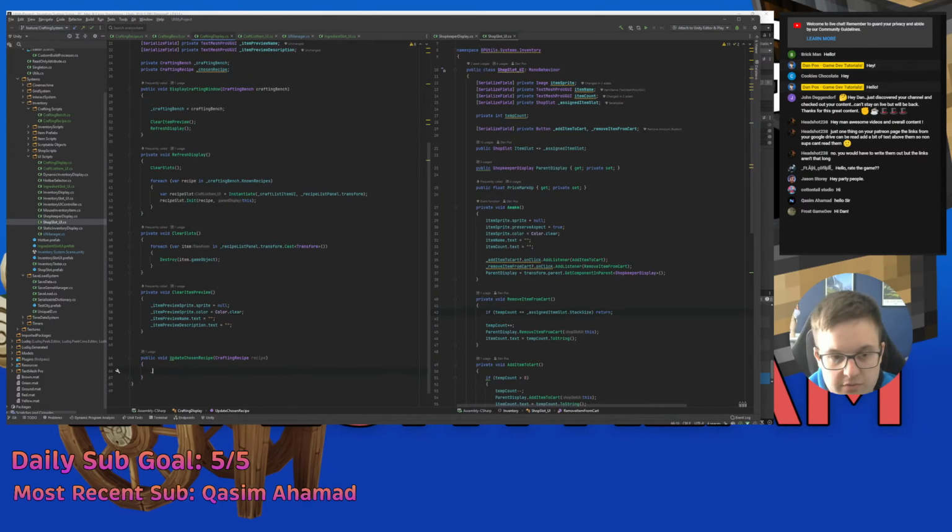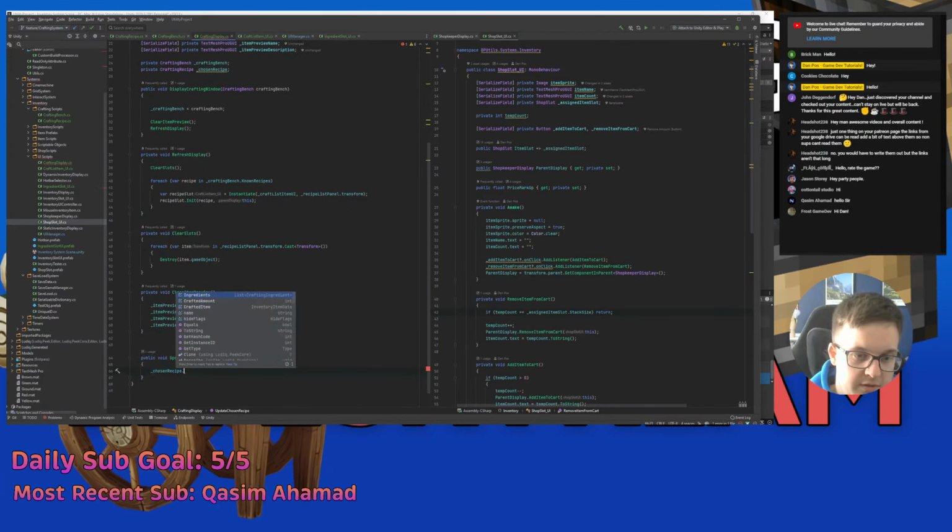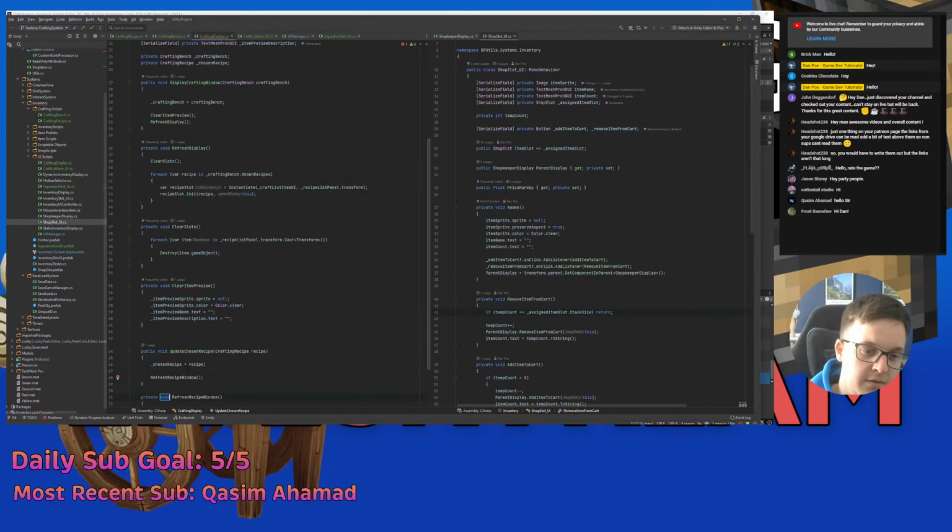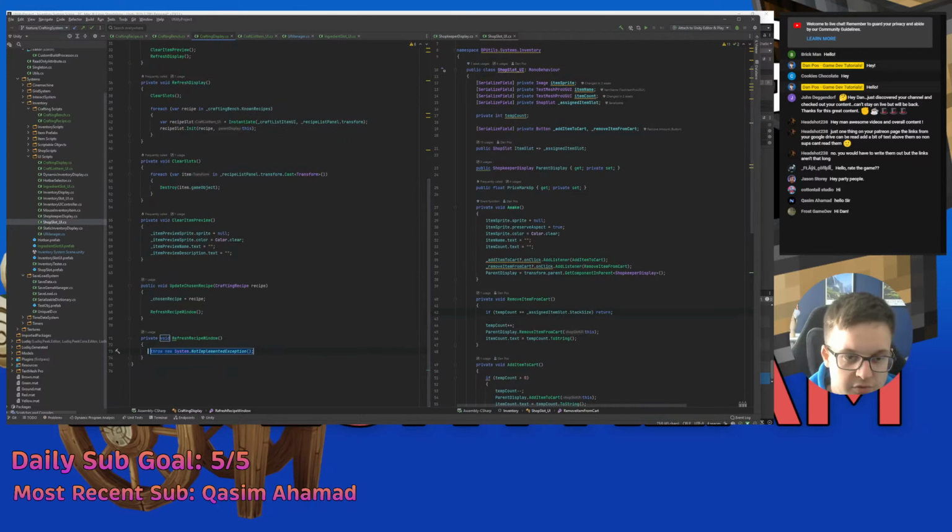And then we can set chosen recipe equal to recipe. And then we can refresh recipe window, which is going to be another method which will control